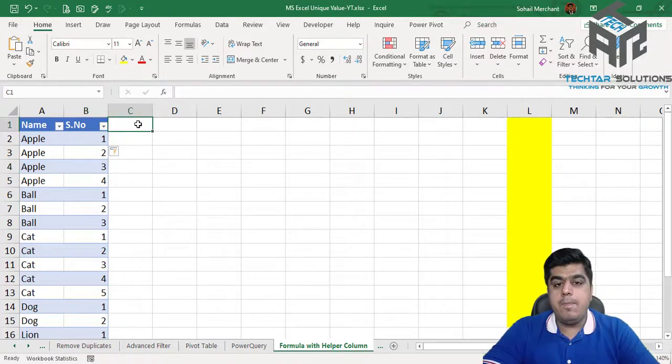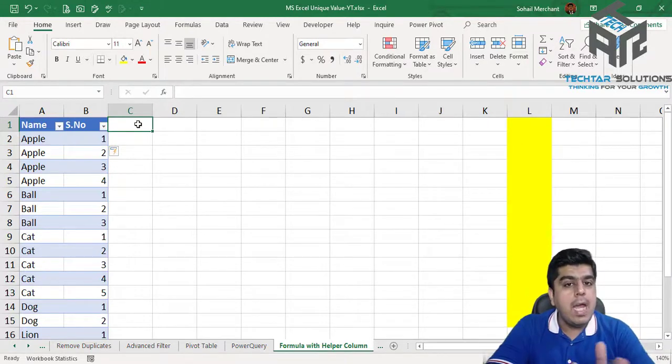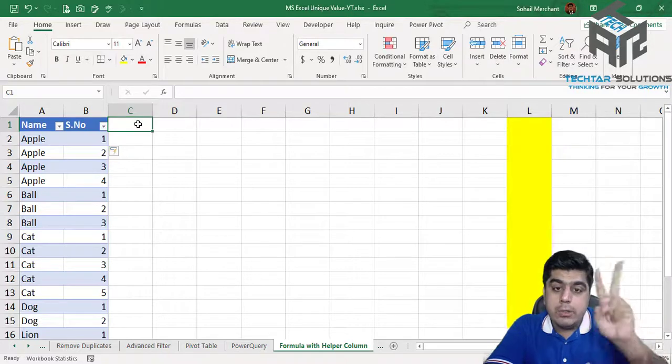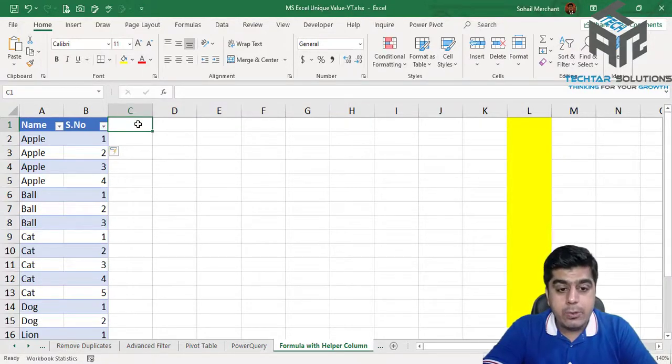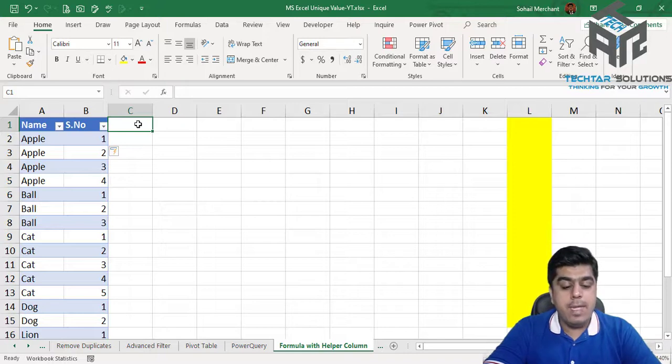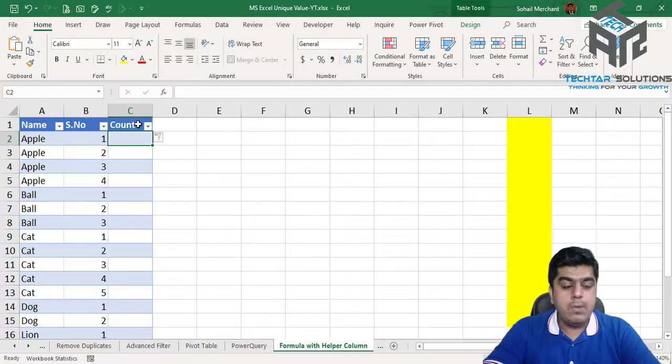Now the second step. In the second step, we need a common serial number for all the items. What I mean is, if there is apple, it will assign 1 to each of the apple items. Similarly, if there is a ball, it will add 1 to the apple and make ball 2 in the serial number. So how can we do it? This time, we will be using the IF and N functions. Let's give this column the name count. Now equals IF,